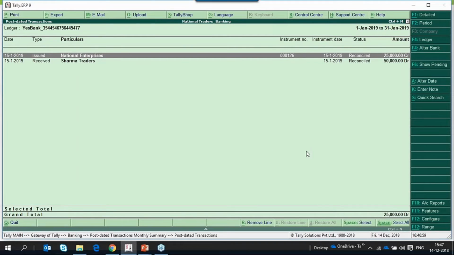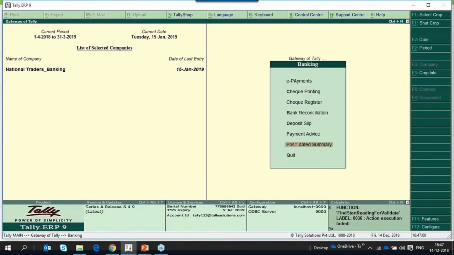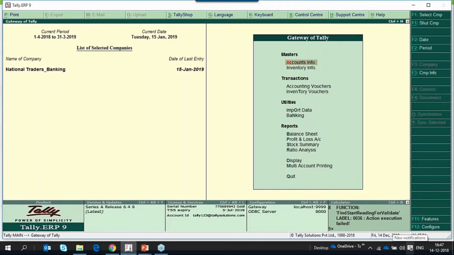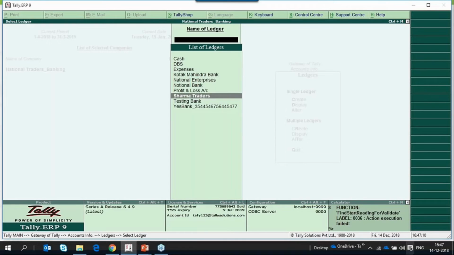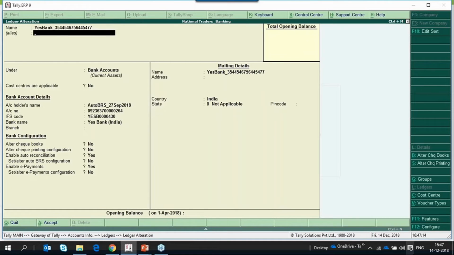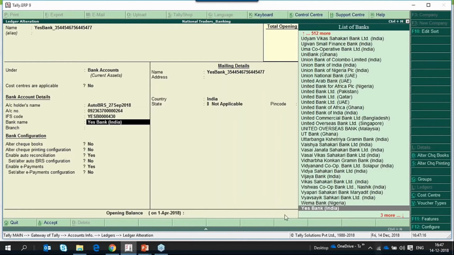So let me now take you through the check printing feature in Tally. For enabling check printing, you have to go to the alteration of bank ledger or creation of bank ledger. I'm going to Yes Bank. Again, for check printing also we have to select the bank name from the list of banks here.